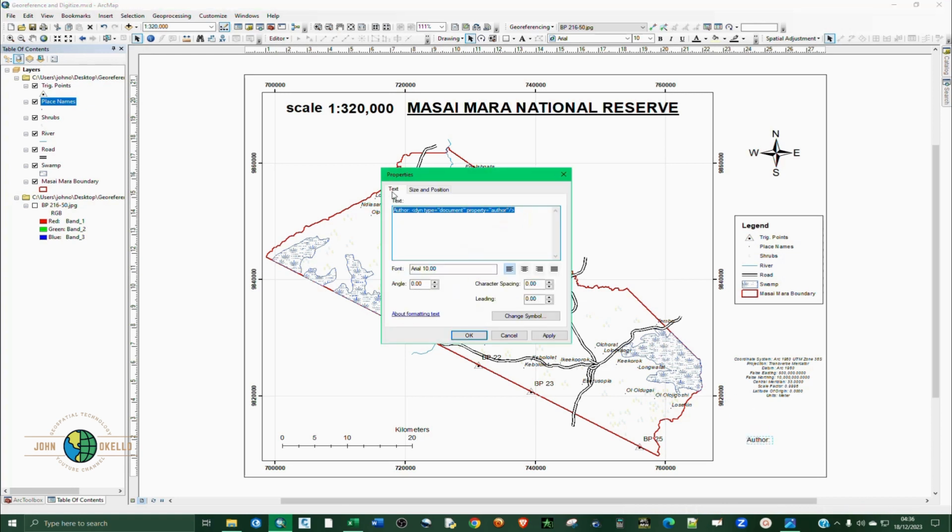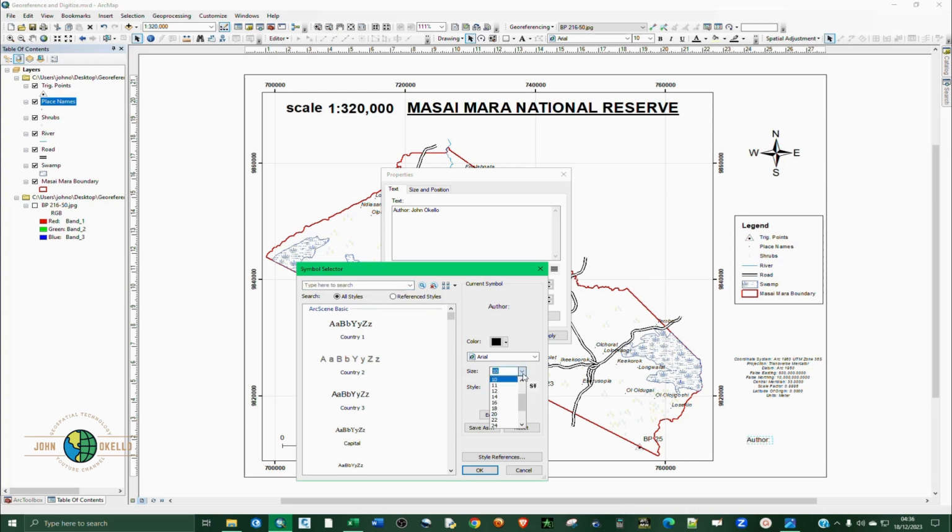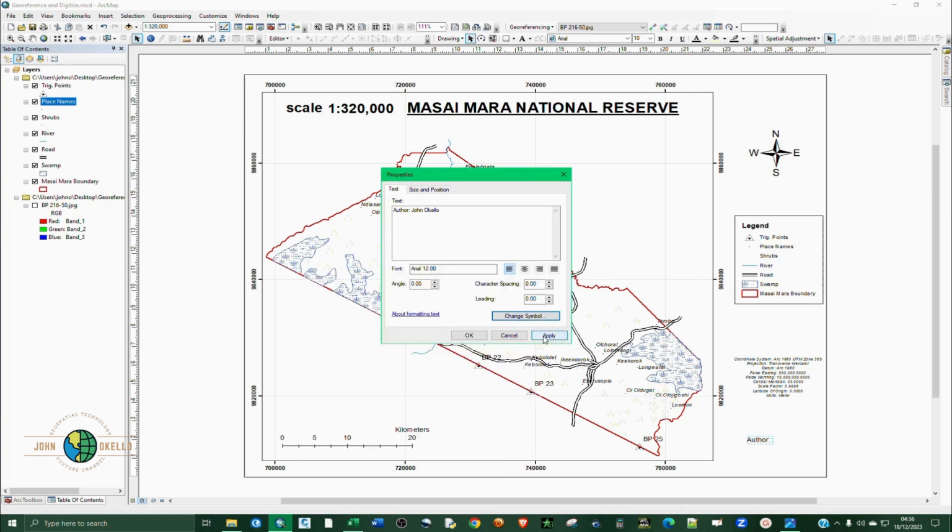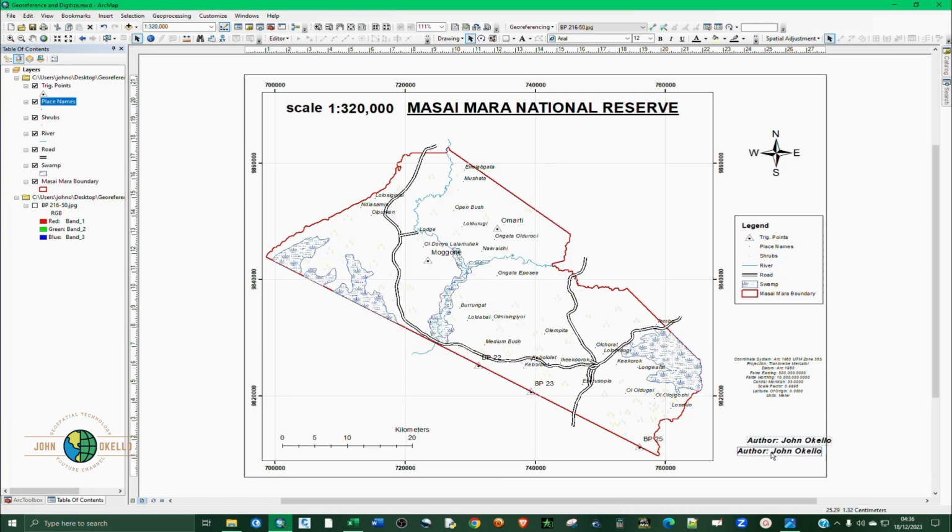So I can double click on it and then first of all change that order, say, just going to write my name and change symbol to 12, bold, italicize, like so. Apply, okay. Place it at this corner and then